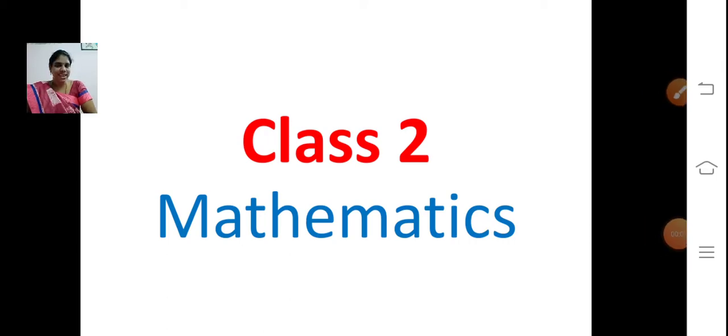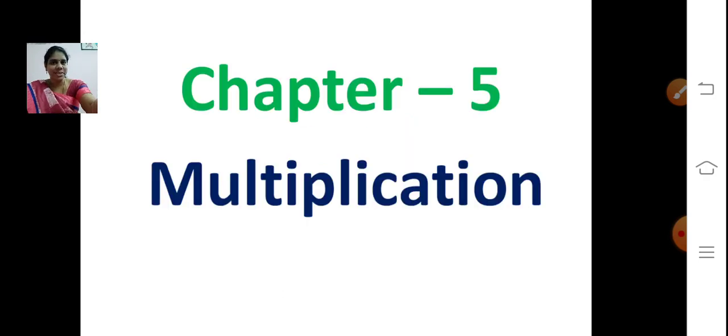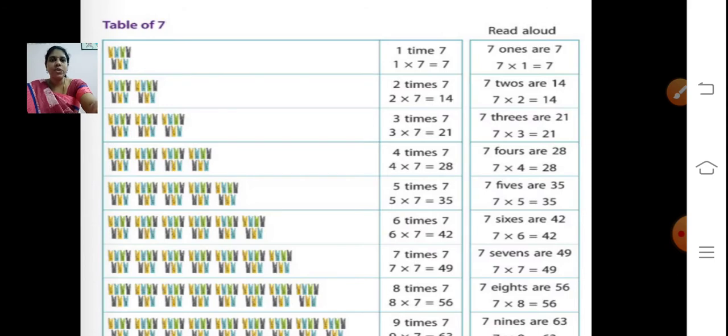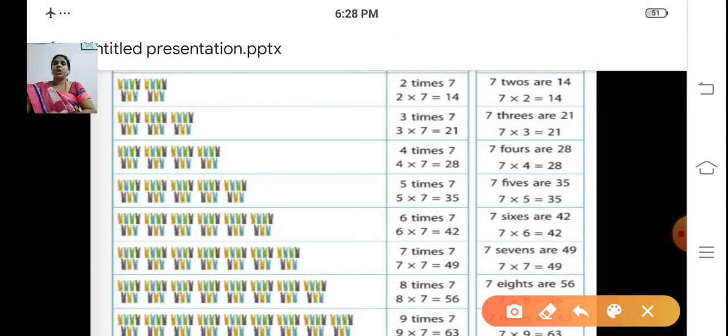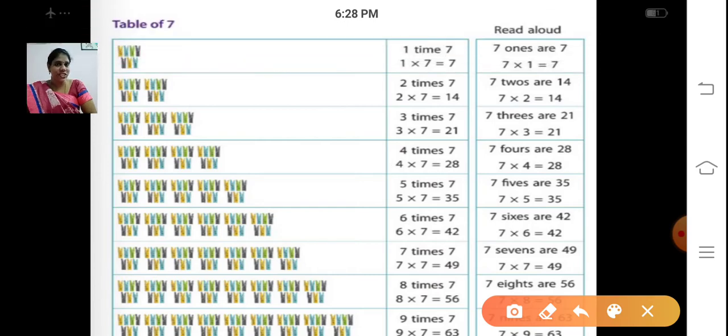In today's maths class, we are going to revise the table of 7. We already discussed it last class, right? So we are going to see the table of 7 and do some sums on that. We are going to see the 8 tables also. Are you all ready for today's session? So now, the table of 7. Now you all know multiplication is a repeated addition, right? So now we see how we got the 7 table.